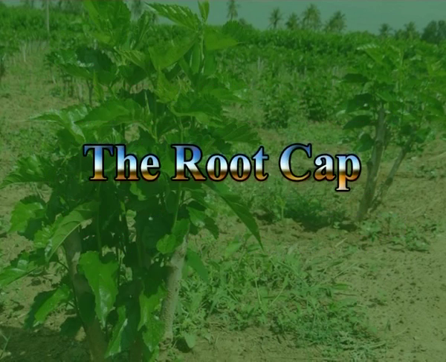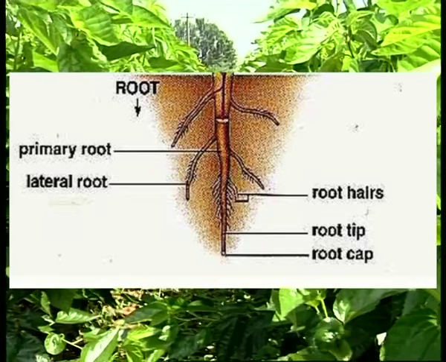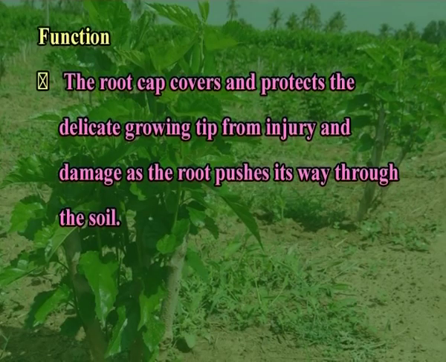The root cap. The tip of the root is covered by a cap. The outer cells of the root cap are continuously being worn away and new cells are added to their inner portion. As these cells disintegrate, they form a strong protective cover. Function: the root cap covers and protects the delicate growing tip from injury and damage as the root pushes its